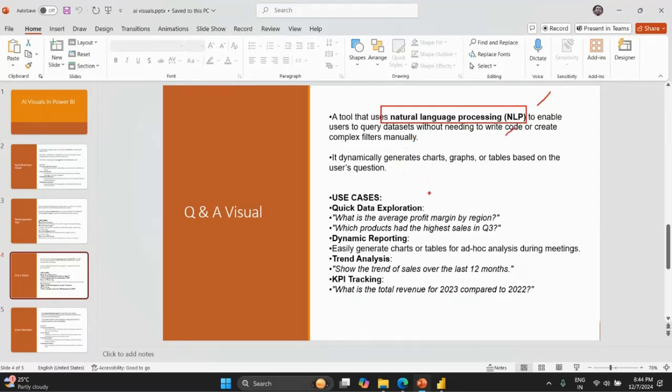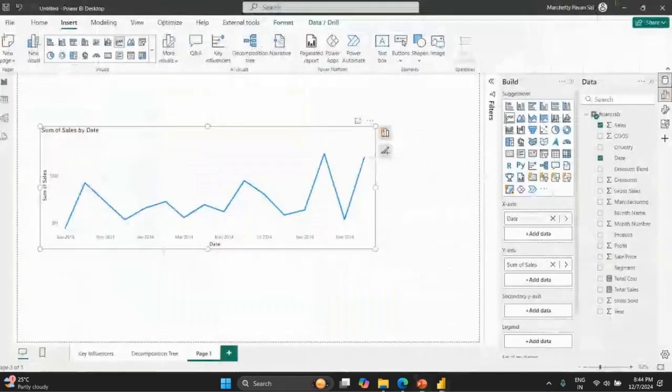If you try to ask the question, it will be able to generate the respective visualizations. It dynamically generates charts, graphs, tables, whatever the required things based upon the user's question. For example, what is the average profit margin by region? Which products have the highest sales in this particular quarter? For ad hoc analysis or trend analysis or KPI tracking, all those things, this particular Q&A visual can help